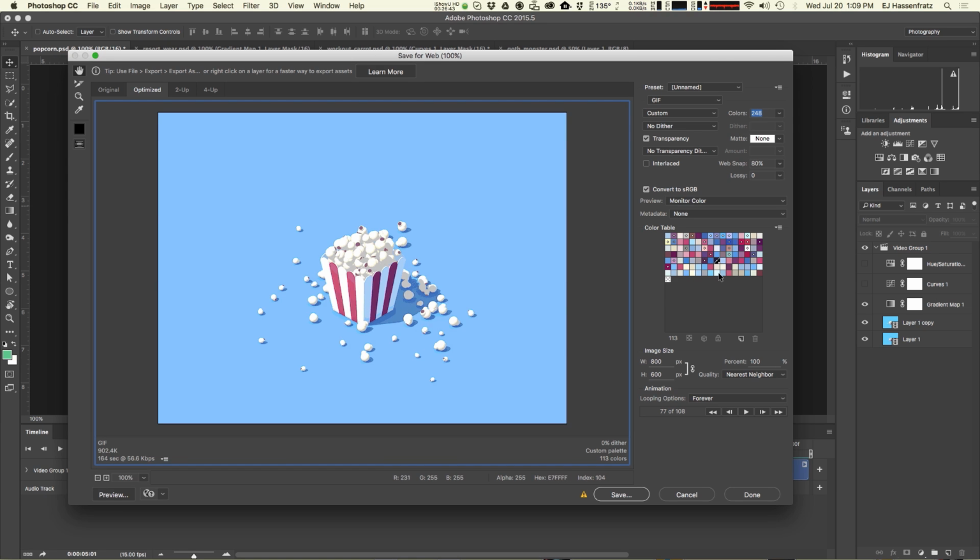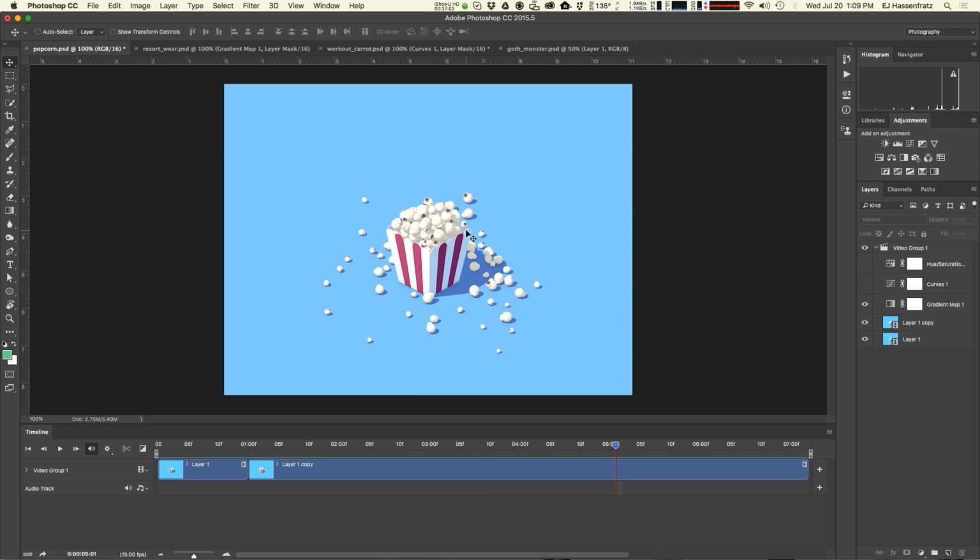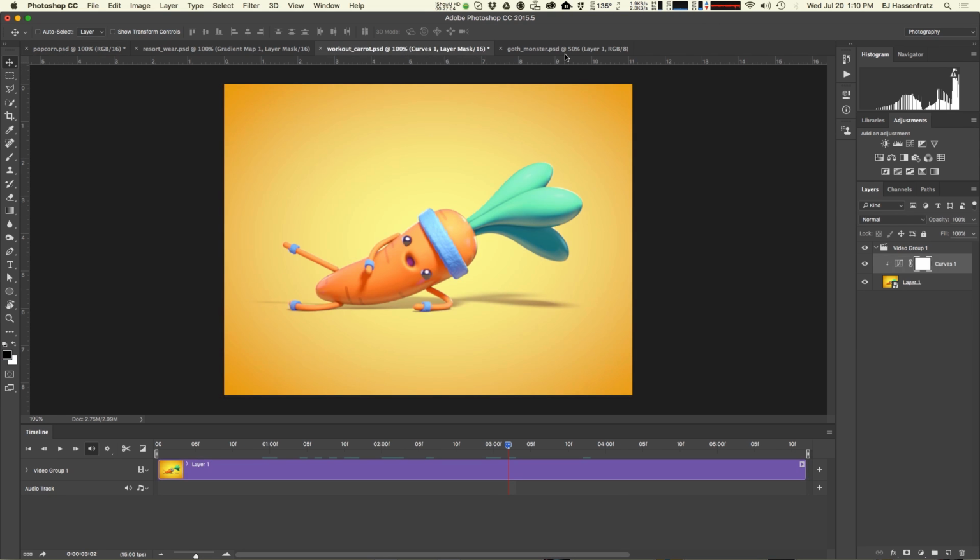So that's kind of like if you really, really want a lot of control over really trying to push how light your GIF animation can be in file size. You can go color by color in your animation and just trash certain colors. So that's that. So we did our workout carrot. Now the final thing, so basically what I want to do is